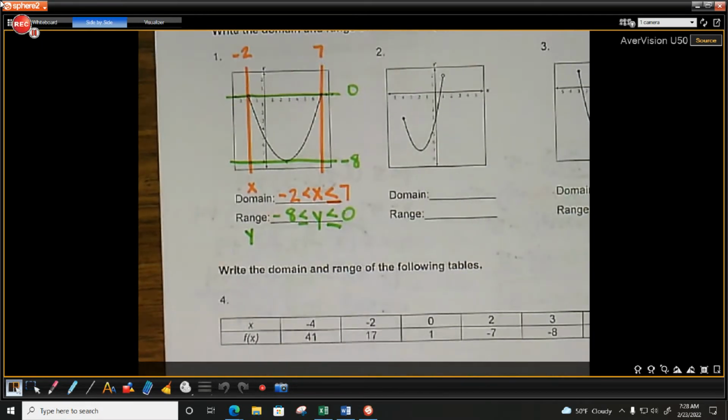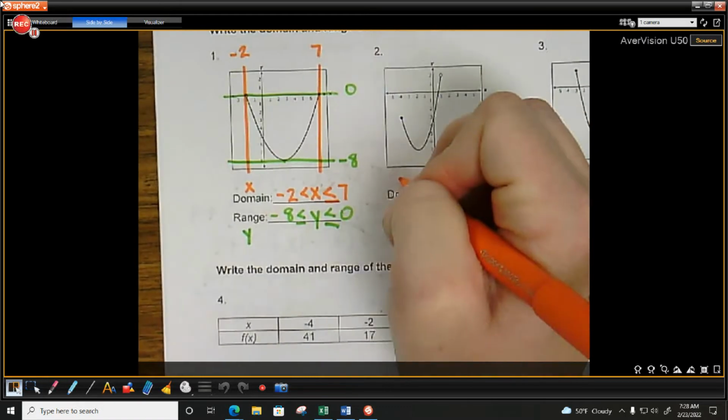A closed dot trumps, or is more powerful than, an open dot. If you have an open dot and a closed dot at the same y value or the same x value, the closed dot is going to be more powerful, so we're going to put the equal to under it. Okay? Is this coming back to us a little bit? Good practice. Okay, next one, domain is